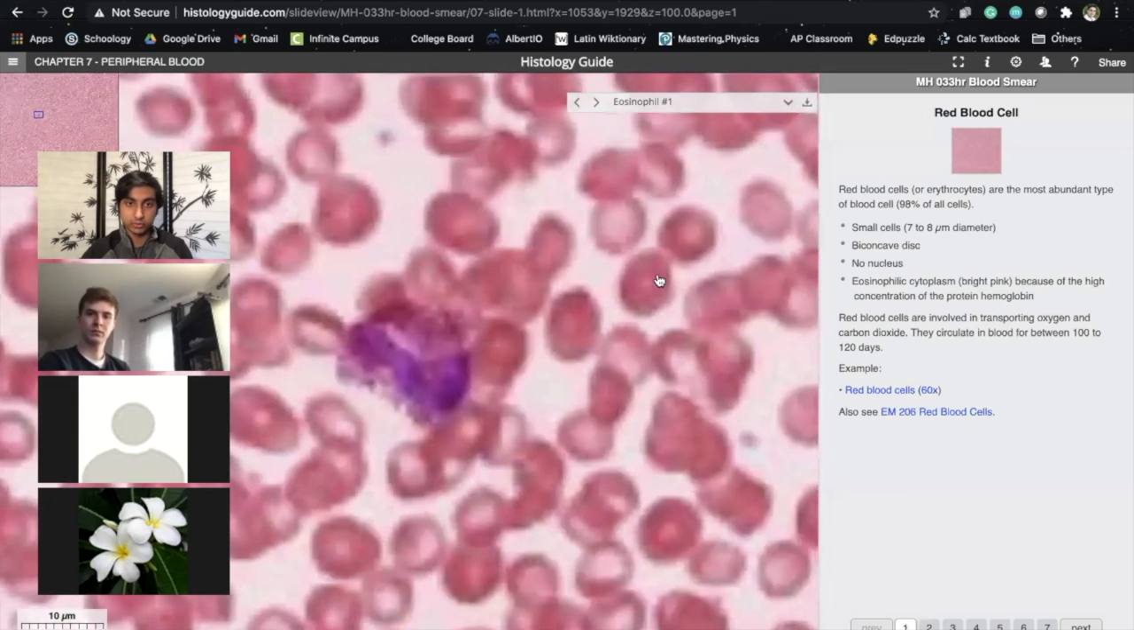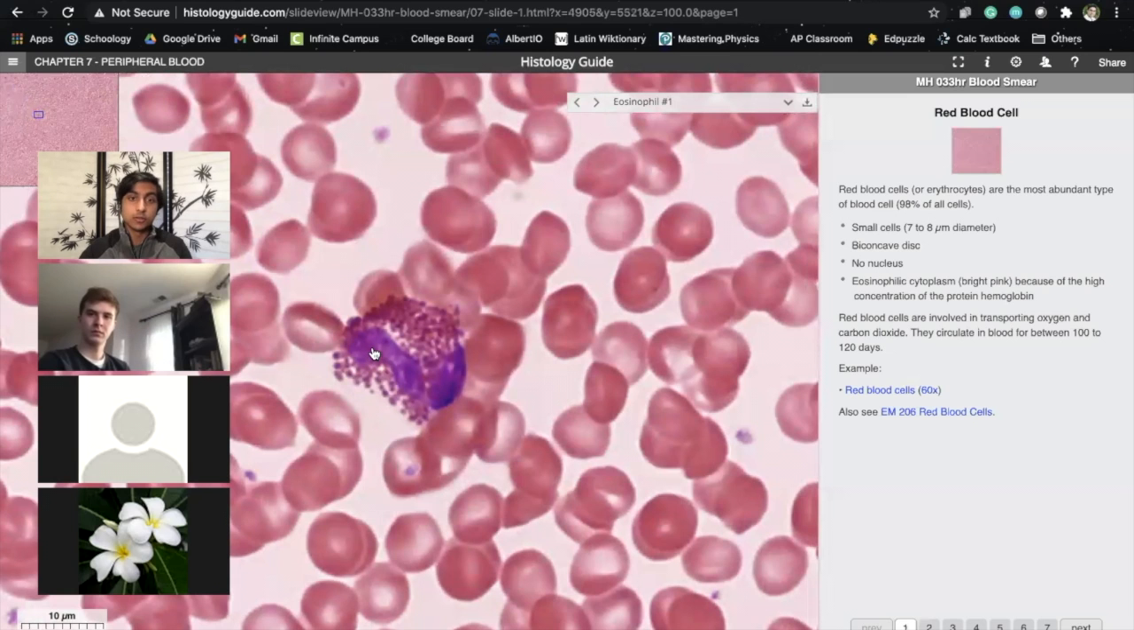Okay, I'm going to jump to the eosinophils because I think this one's really interesting. Notice how you have your nucleus, right? You have the region where